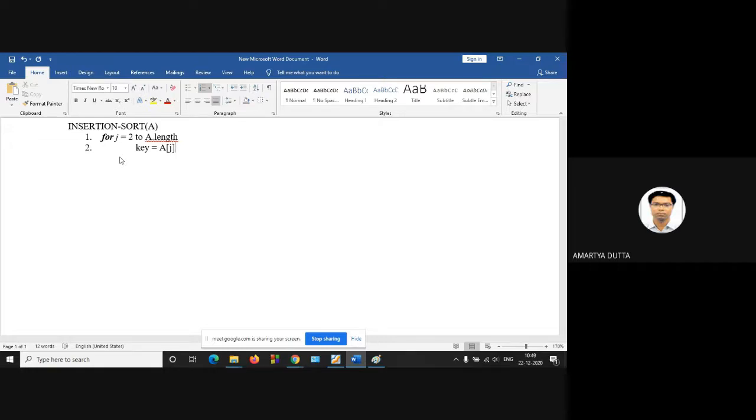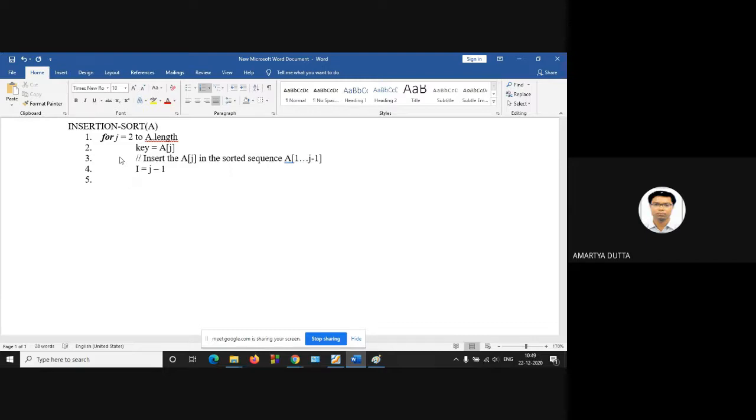Next, insert A[j] in the sorted sequence A[1] through j minus 1. Next, i is equal to j minus 1.